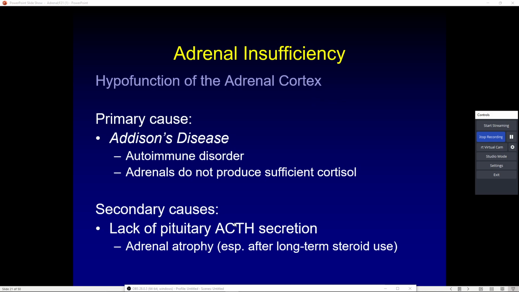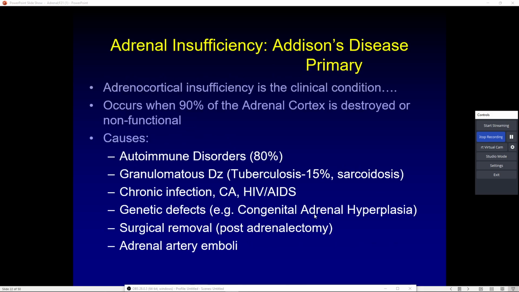In doing so, if the cells lie dormant or inactive for prolonged periods of time, the tissue actually begins to die and shrivel up and dissipate. And when that happens, it can actually result in permanent loss of the adrenal functionality. So if you're on long-term exogenous steroid use with glucocorticoids, one of the side effects could be adrenal atrophy when I cease these drugs. If I ever cease these steroids, I can no longer produce cortisol on my own.